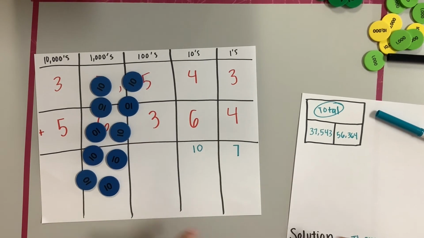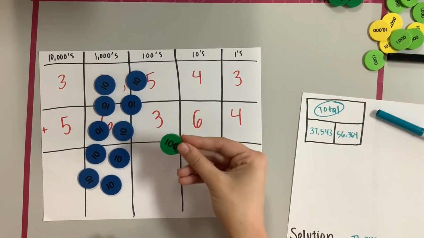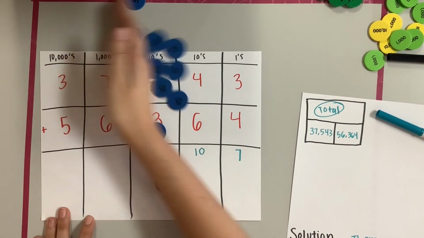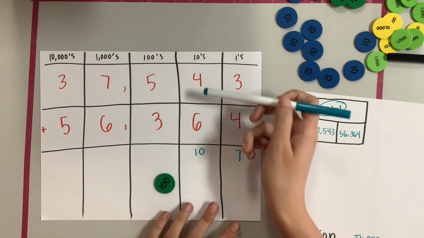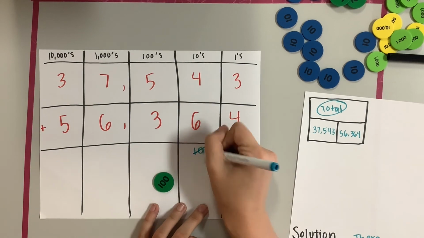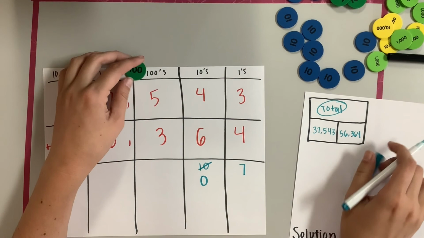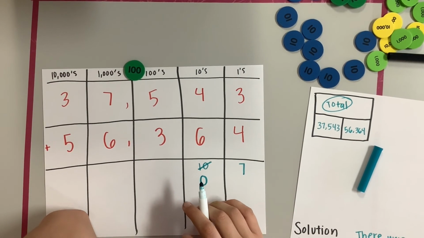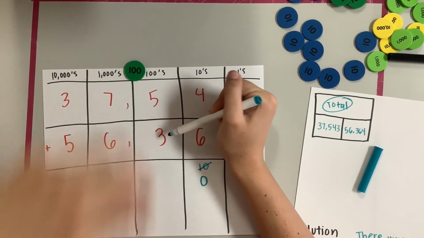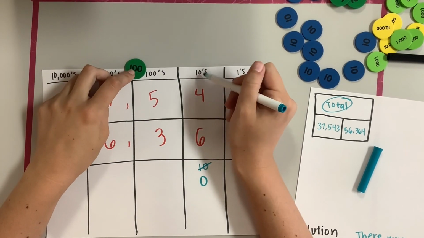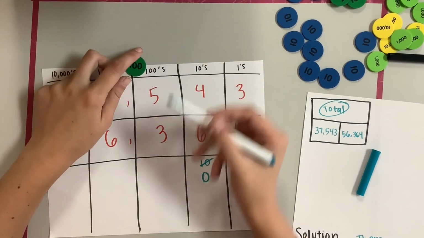I think I'm going to replace these tens with a 100. So I'm going to scoot those out of the way. So now I don't have any tens left. And this 100 is going to go to my hundreds place. So I have 500 plus 300 plus this extra 100 that I got from over here. 5, 6, 7, 8. I have 9